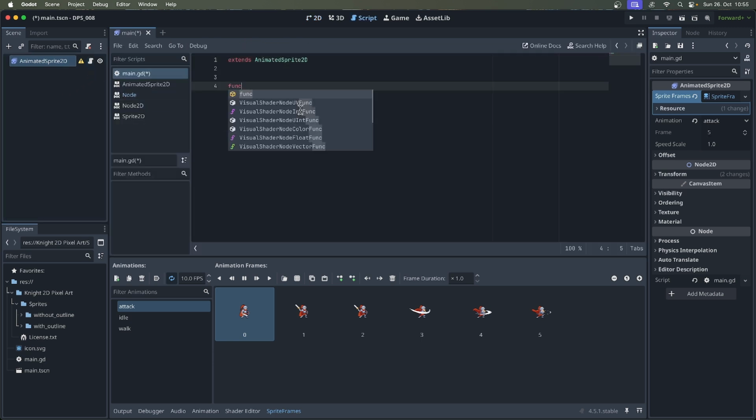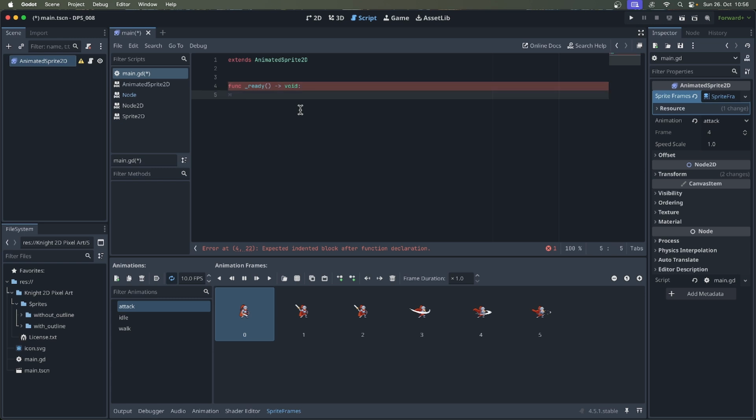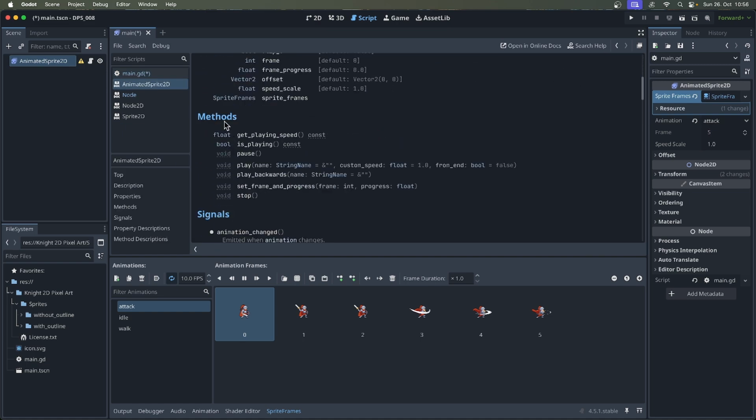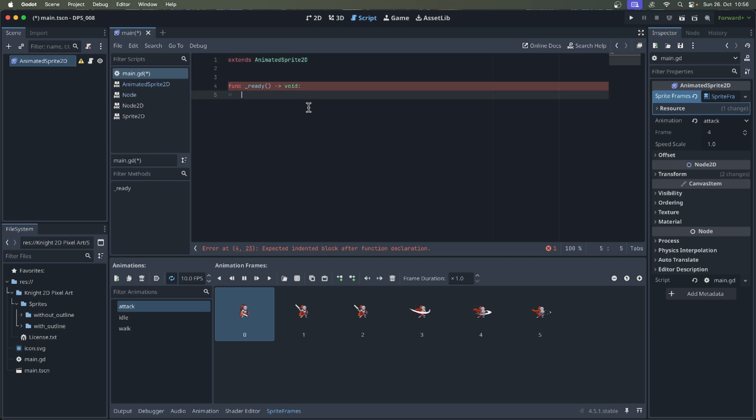Now you are going to use the virtual ready method and override it like this. And we are going to just call methods. And therefore we will go to the documentation, scroll down, and we will do just those methods. And you will start with get playing speed, get playing speed, run the project,